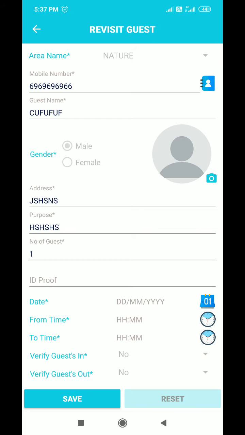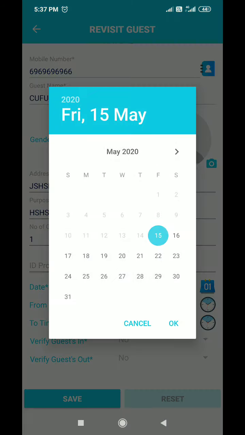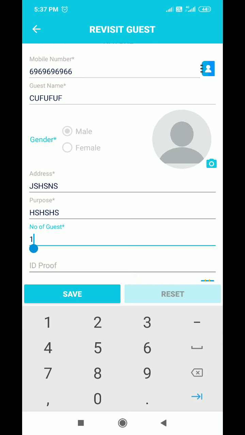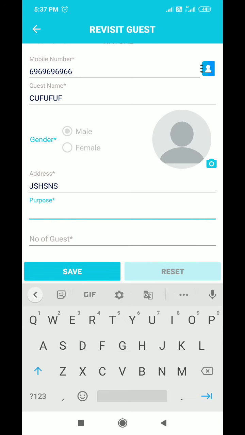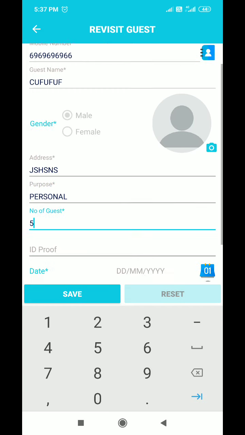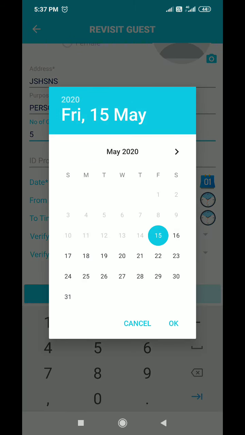and the details will populate here, and you can change as needed, maybe only the dates, because why would you fill in the same thing repeatedly? Maybe the number of visitors is reduced this time, or the purpose is different, so you can change the purpose right now. And maybe this time he is coming with his family, so you can give the number of visitors with him.